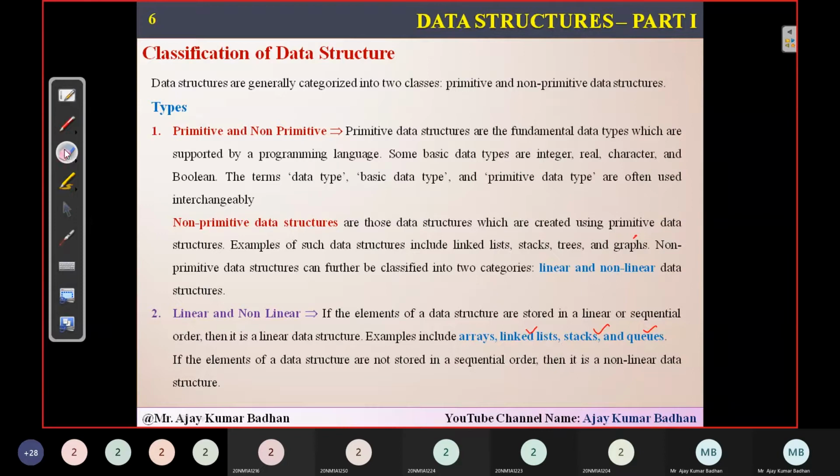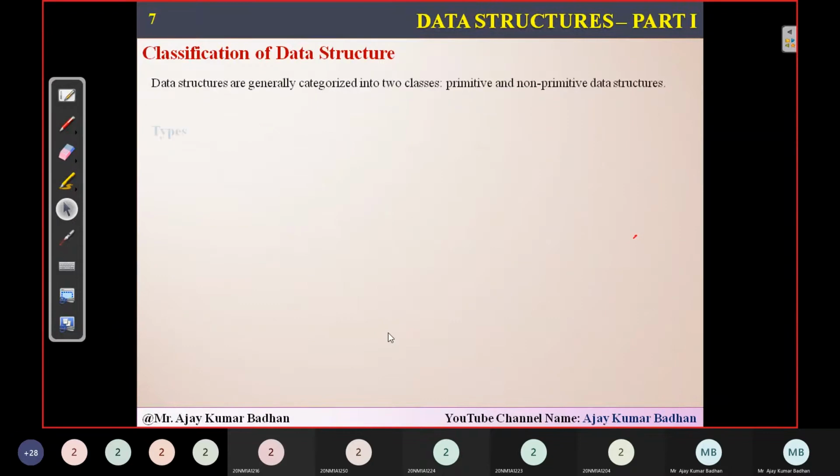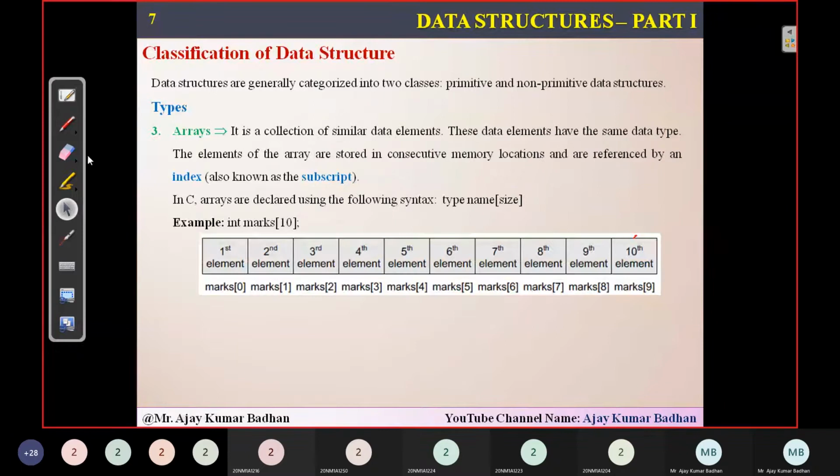Here is just a gist, or the abstract, of these elements that I am providing. First we discussed arrays, which you are very well aware of, as you have seen in the C programming language. It is nothing but a collection of similar data elements, or similar data types. Whatever values you store in an array will all be of similar type. So there are 10 elements you're allocating here to store the information.